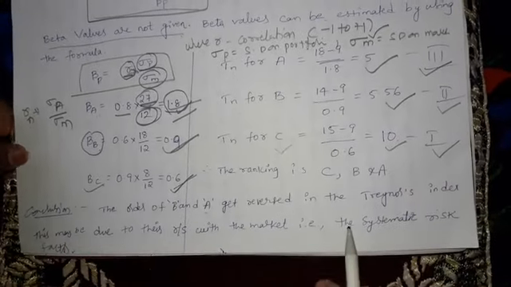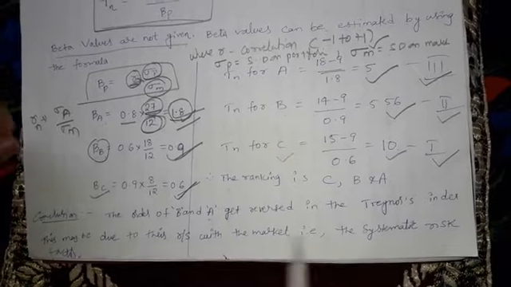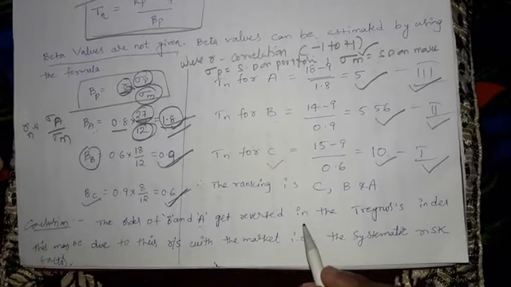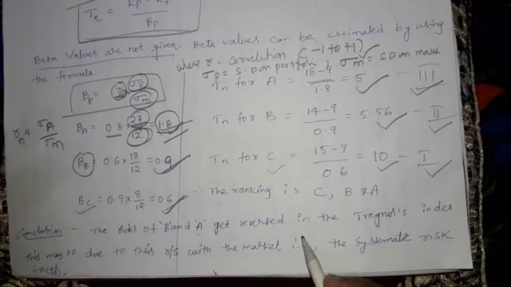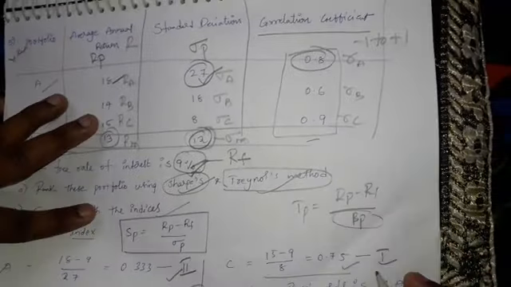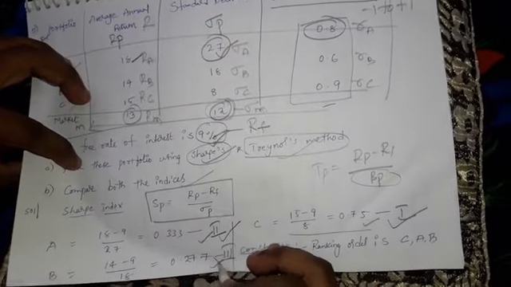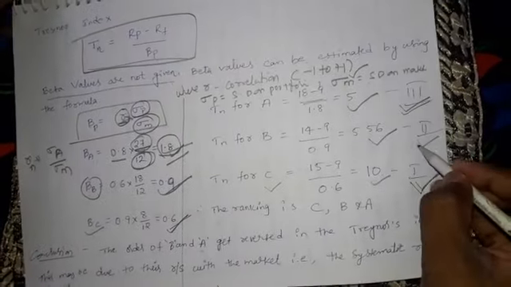Now, comparing to these two methods, that is Sharpe's and Treynor's, the order of B and A gets reversed. That means just reverse, right? Is it clear? For C it is common, right? By using Sharpe's, the rank for C is first, and for Treynor's also first. Now coming to Sharpe's, A is second rank, and for Treynor's it is third rank. B is third rank for Sharpe's, whereas for Treynor's it is second rank.